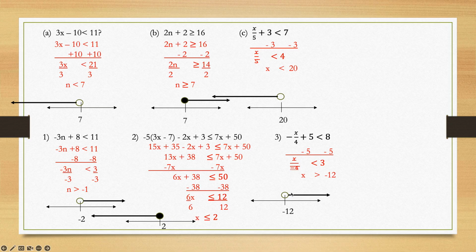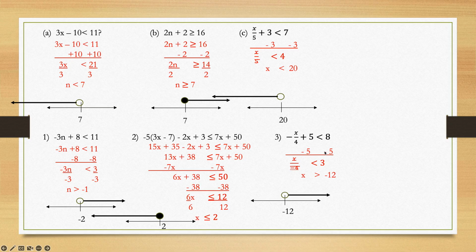If you want to look for the cheap, cheesy trick to remember, there is no line underneath to fill the circle in, so I don't fill it in. Looking back at number 2 here, there is extra ink underneath, so I fill the circle in with that extra ink. All right, so those are inequalities, solving them, remembering about